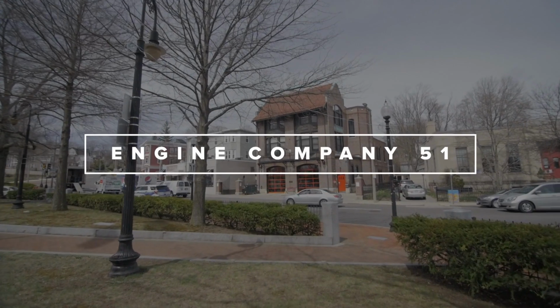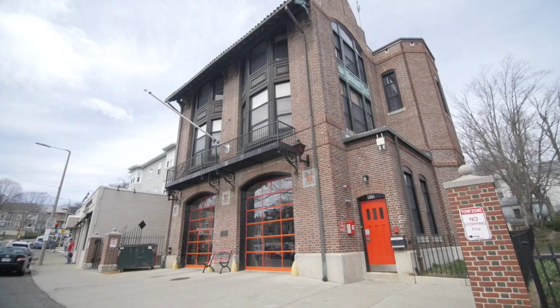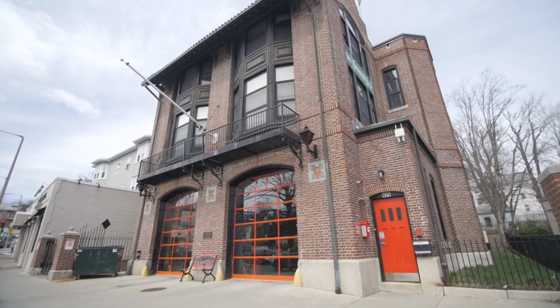Now we're in front of Engine Company 51, one of the older fire stations in Boston's fleet of fire stations. There are 54 buildings throughout the city of Boston, 54 fire stations. This building was built in the 1890s, a rather stately, fairly historic building, and a really important part of the fabric of the community. So in terms of renovate or replace, this building was a gem that was really worth